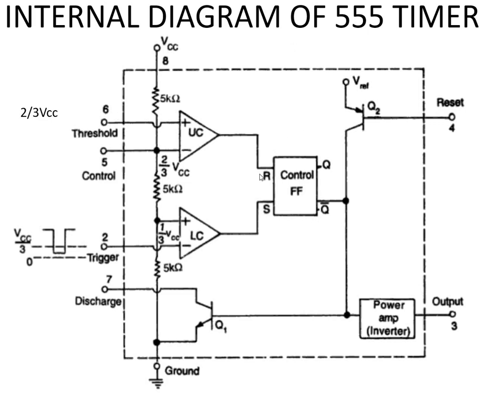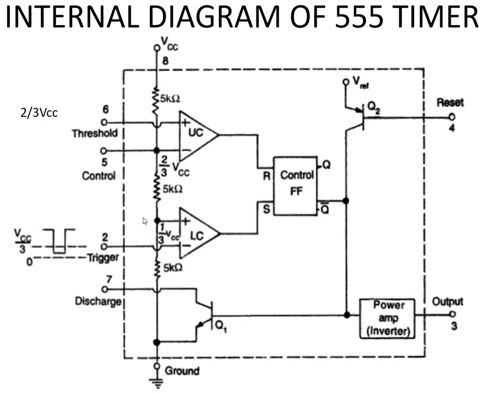Then the next section is our control flip-flop. We are using an SR flip-flop, and the Q bar output is connected towards the output stage. In the output stage we have a power amplifier which is an inverter. If Q bar is equal to 0, then we will be getting a high value as our output. For discharging purpose we have the transistor Q1, and for resetting this 555 timer we have the transistor Q2. To provide a discharge path we need to provide a connection between pin number 7 as well as ground. That will be discussed later.